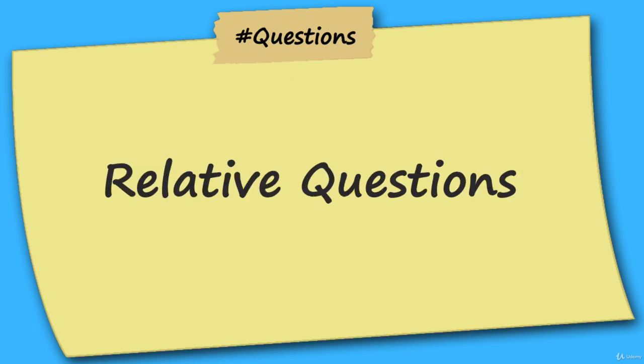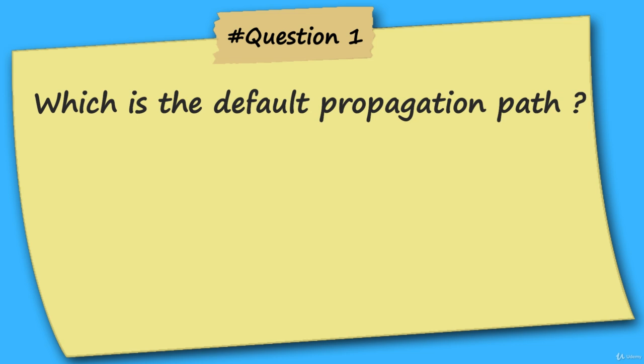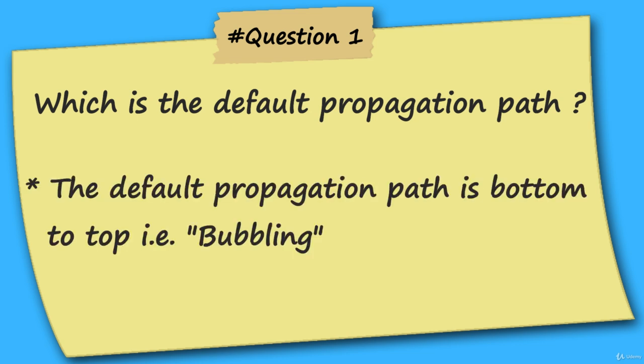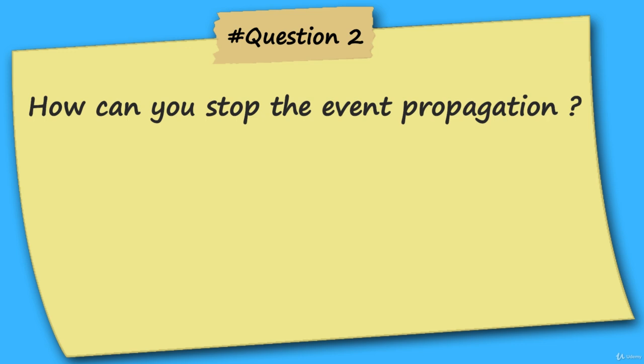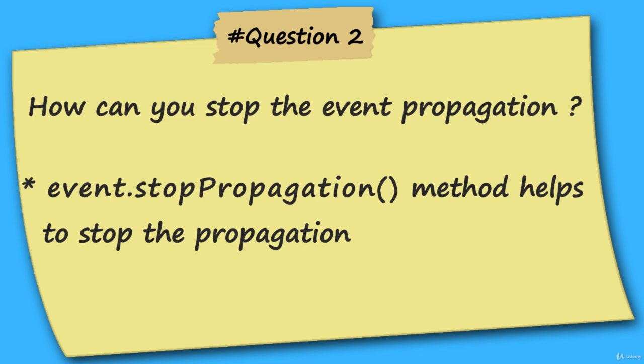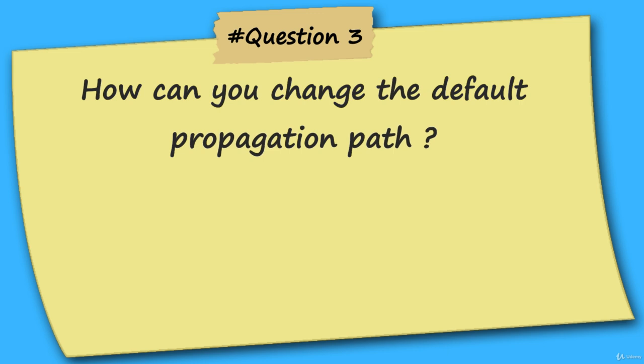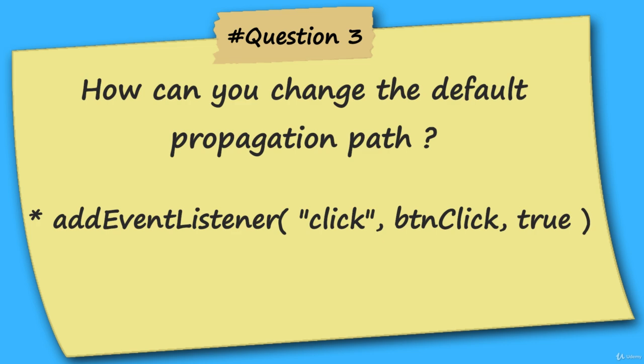Now let's discuss related questions of this topic. The first question is, which is the default propagation path? So now you know, first of all, you should know what is propagation, and then which is the default path. It is of course bottom to top, that is bubbling. The second question, how can you stop event propagation? So we have seen that the event.stopPropagation method helps us to stop the propagation. The third question is, how can you change the default propagation path? So this is where we use addEventListener, and the third parameter of addEventListener, we make it true to make sure that instead of going bottom to top, it goes top to bottom,